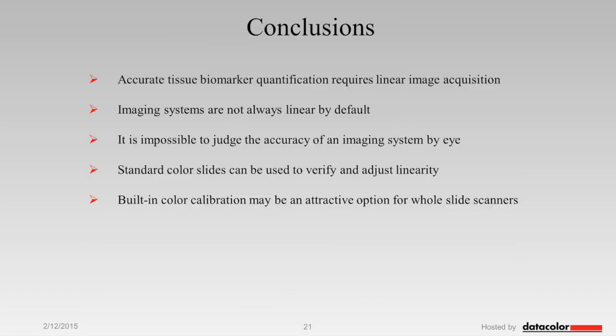Yeah, so let me sum it up. The accuracy of tissue biomarker quantification requires linear image acquisition. I think that everybody understands that. But it may come as a surprise to some that imaging systems are not always linear by default, as you get them from the manufacturer. However, it is not possible to judge the accuracy of your imaging system by just looking at tissue images. You would never notice the difference. But a standard color slide can be used to verify and adjust the linearity,